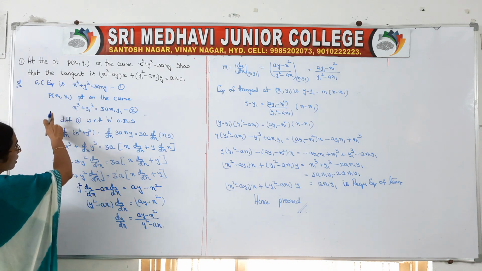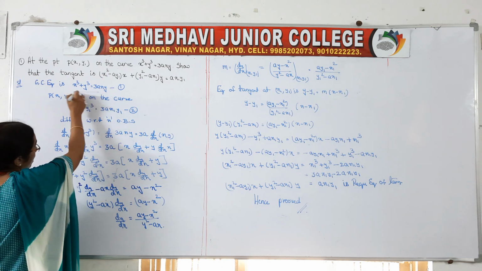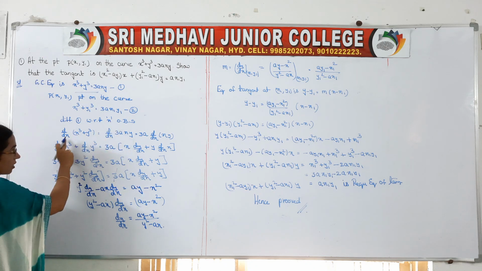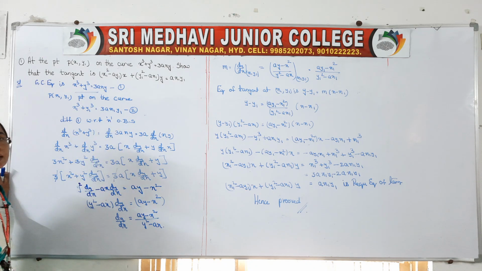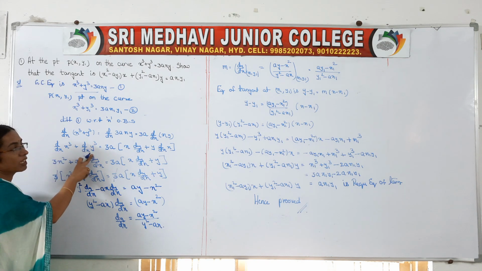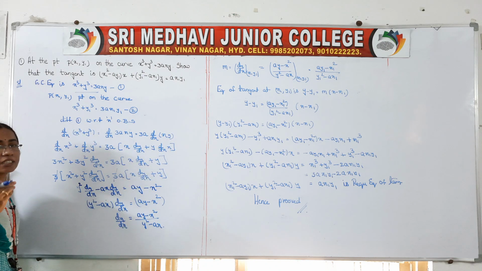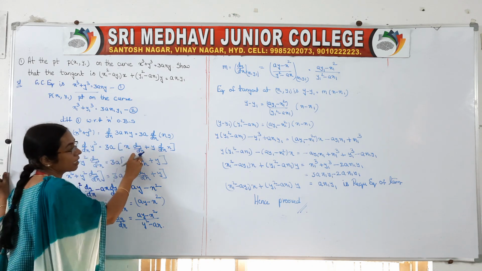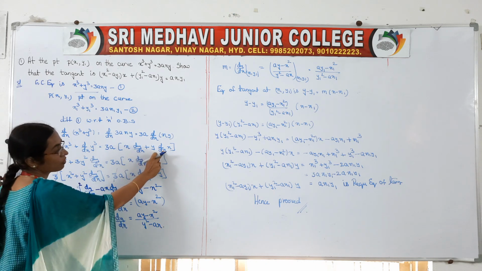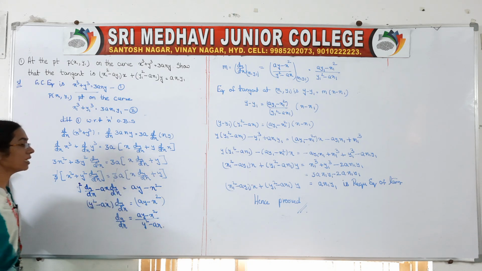So to get our dy by dx, we have to differentiate the curve. So this is the given curve equation. Differentiating the curve equation with respect to x on both sides. Whenever there is a plus or minus inside the derivative, we take separate derivatives. And this side it is product form, u into v form, d by dx of u into v is u into dv by dx plus v into du by dx. So d by dx of x is 1, so 1 into y is y, and x into dy by dx.